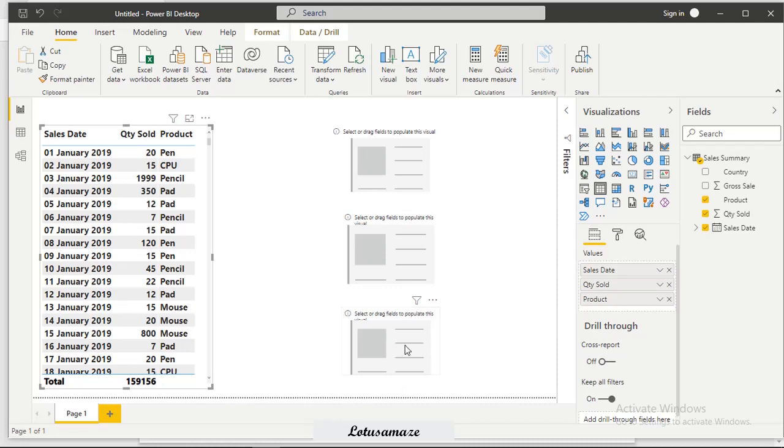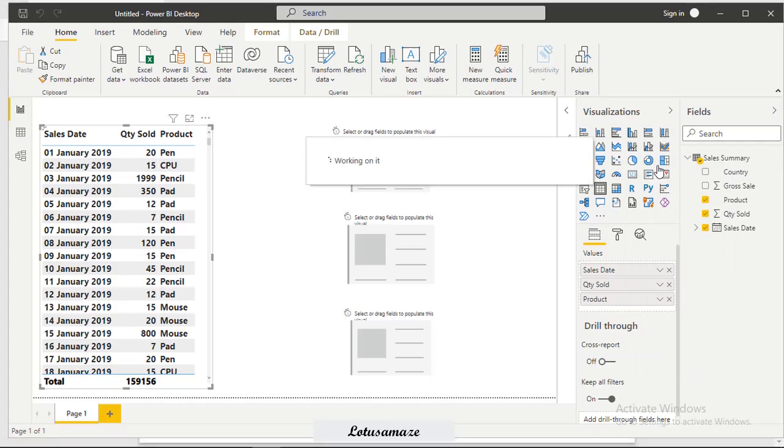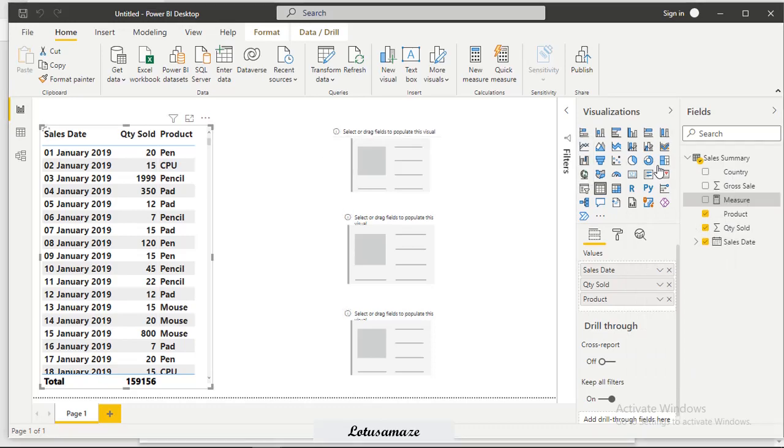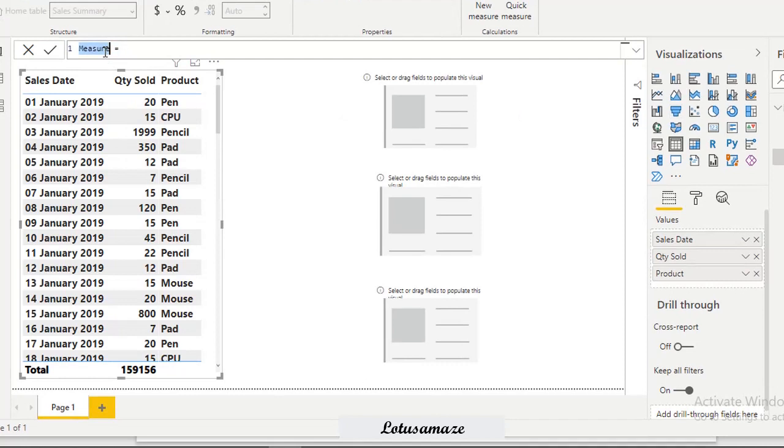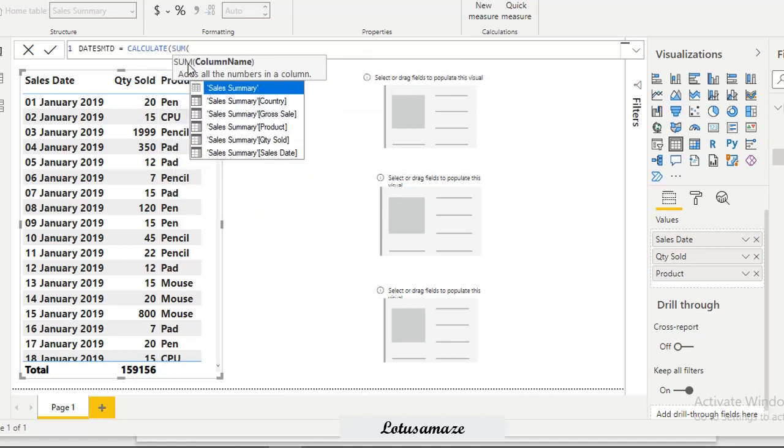We create a measure. Then CALCULATE, sum of quantity sold.